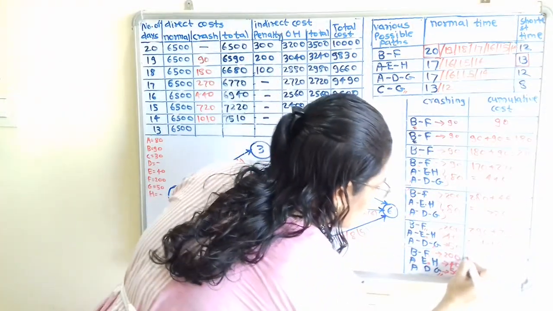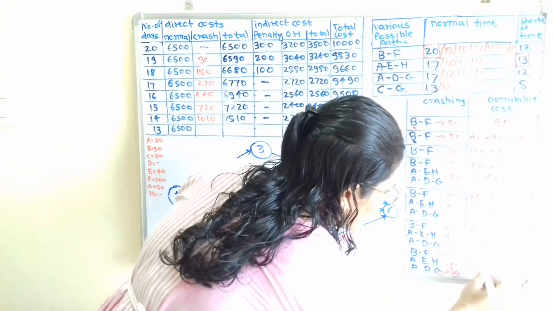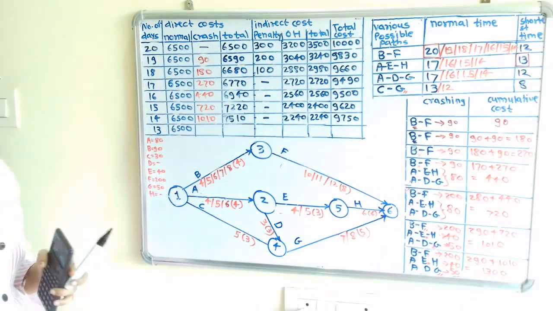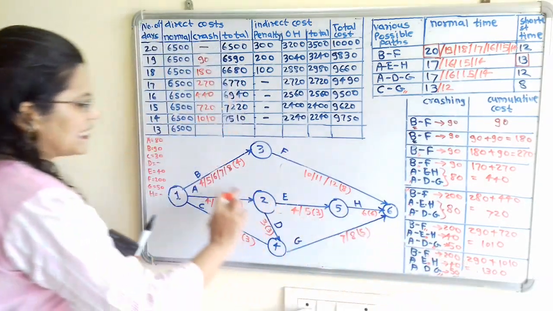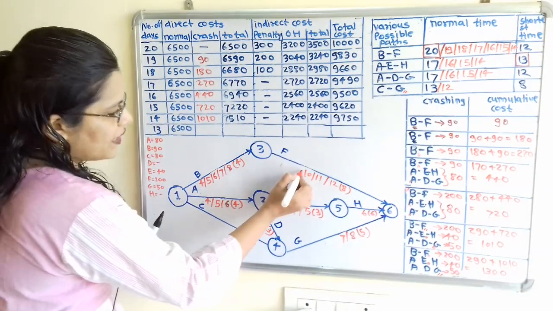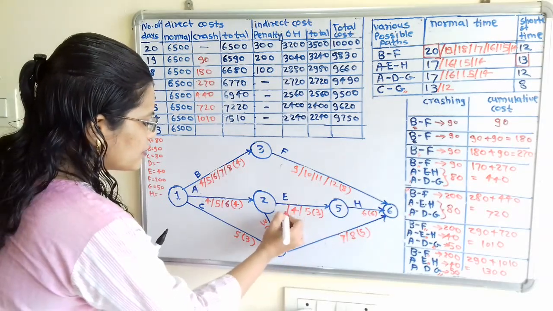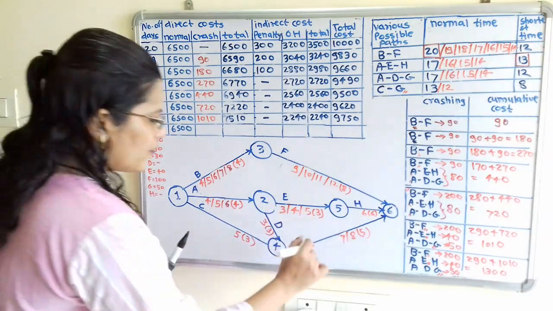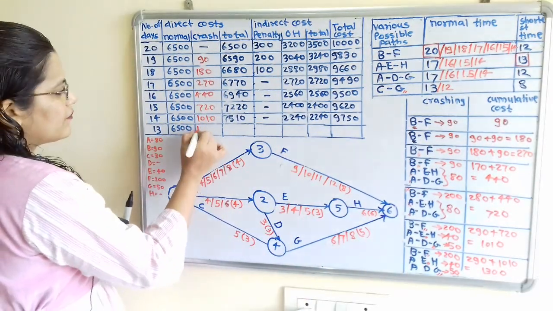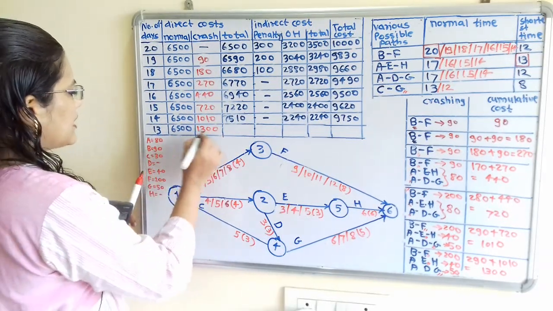So here 290 plus previous cost 1010, that is equal to 1300. So there are 4 changes. First change is here, second change in this diagram. For activities F, E, G: F is here, so I will reduce this time by 1. Then for E I will reduce from 4 to 3, and for G I will reduce from 7 to 6. Then the third change is here, 1300. So if we calculate this total cost, then